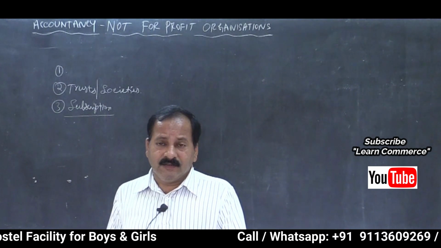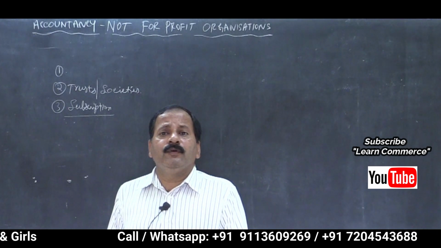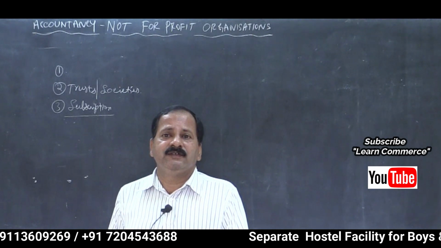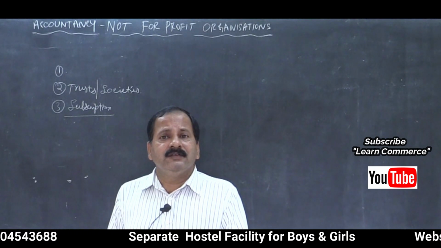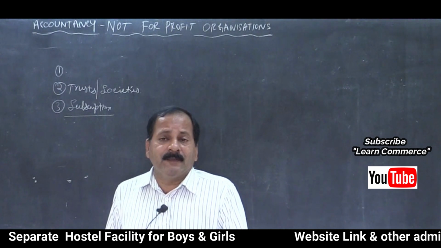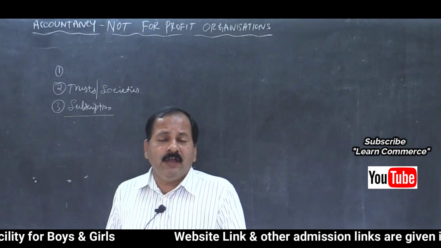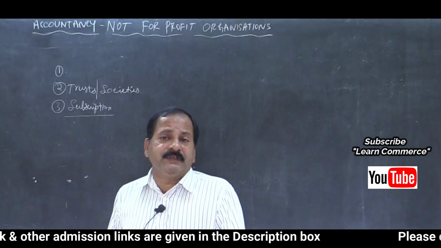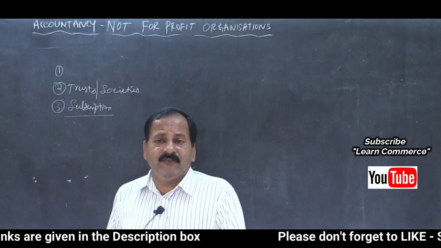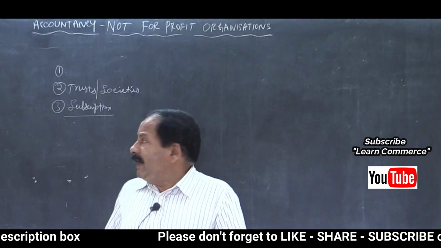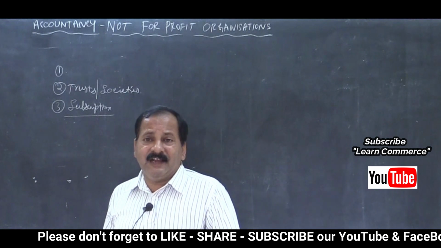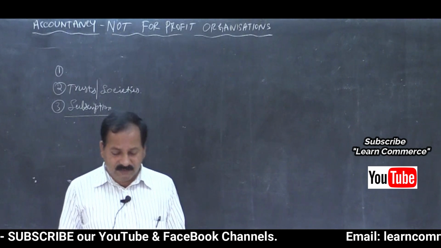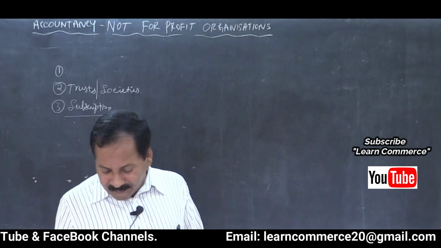Isn't it? That is, if you subscribe for any books, or maybe any other things from not-for-profit organizations, you have to pay some amount to them, isn't it? Suppose they are publishing some religious books, for which you have to take the membership and pay the amount, and that is called subscription. That is collected from the members. Subscription is collected only from the members, isn't it? That is the major source of income for the not-for-profit organization.